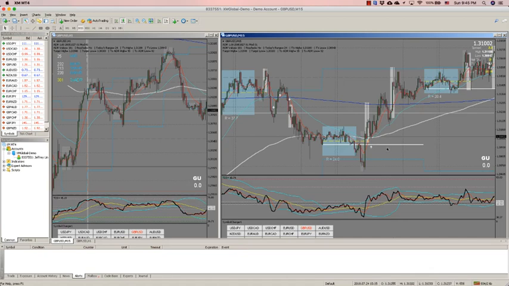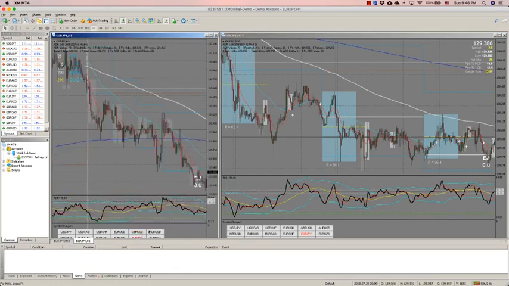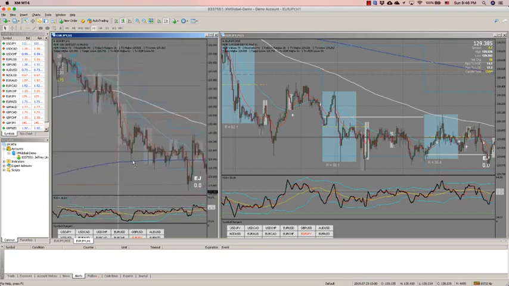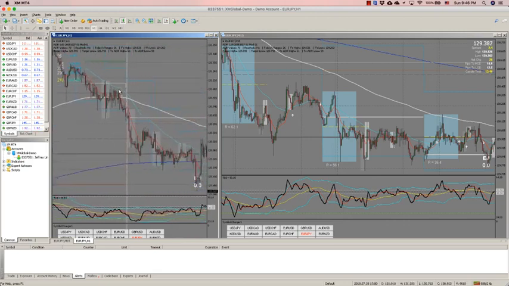Okay, that was on GU. Next, let's look at Euro JPY. Okay, now this one has been in a downtrend since last week, right? Since the peak formation last week, we had a drop, right? It continued to drop from last week,